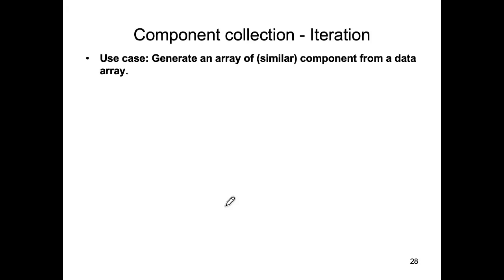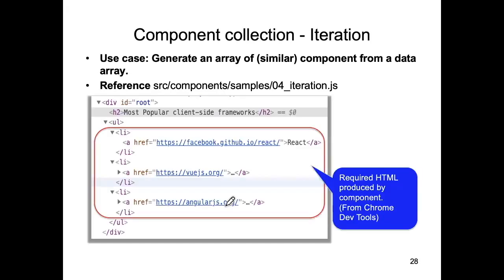So that's our use case. We want to generate an array of similar components from a data array. And there's a common little pattern that we use to achieve this. So if we look at the sample, which is the 0,4 one, in the 0,4 sample, essentially what we want our code,